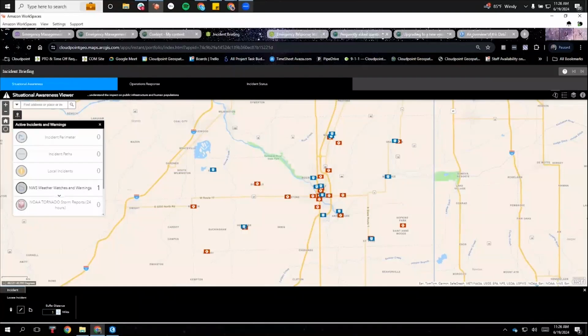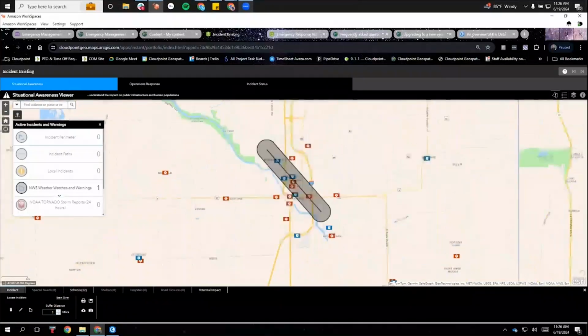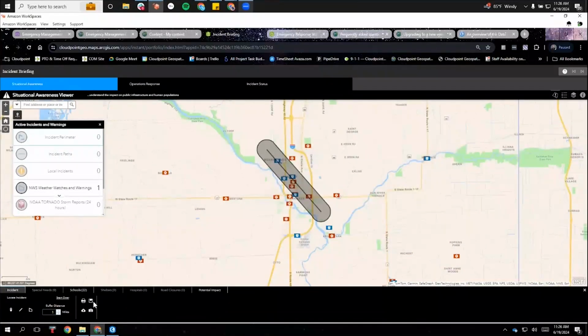So I'm going to draw a line of a worst case scenario tornado event that follows closely along this river here. And I've set my buffer distance to a 1 mile radius from the tornado event. And this is something that you can do not only right now. We're just doing this with the situational awareness incident,